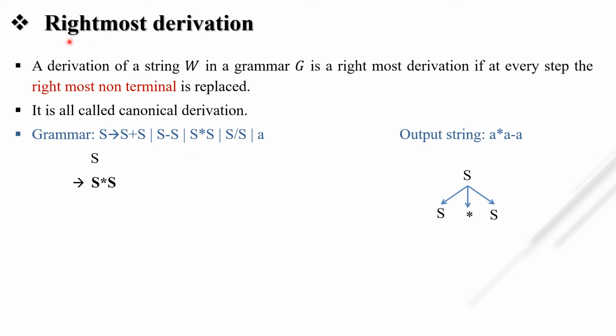According to rightmost derivation, this S will first be replaced by S - S. Why? Because we have a string with the minus symbol at last. That's why we replace this S with S - S. As we are performing rightmost derivation, we have to replace the rightmost non-terminal first. From these three non-terminals, which is our rightmost non-terminal? This S. So we replace it with a. As we already get the multiplication and minus symbol, now we get our string by replacing with small a. So this S will be replaced by small a, then this S, and at last this S.